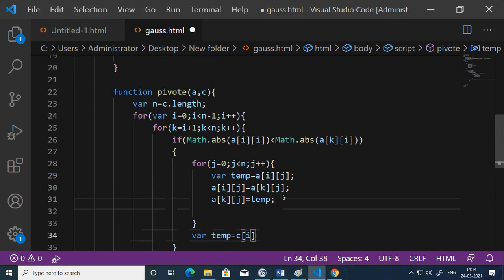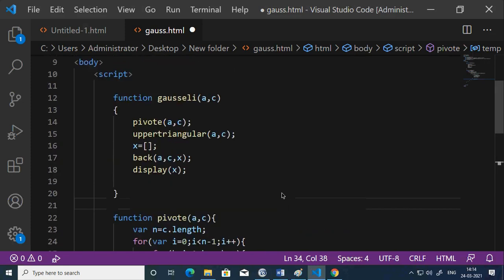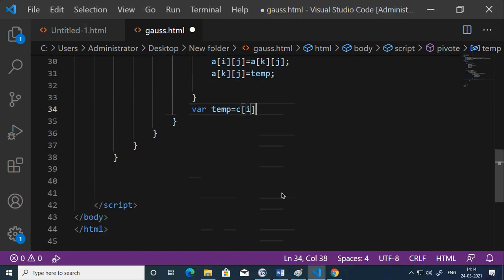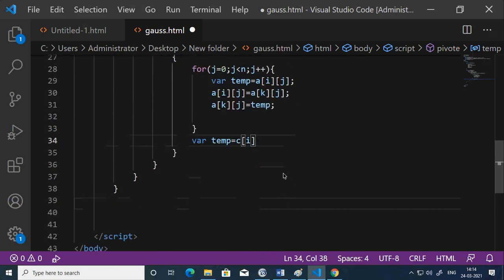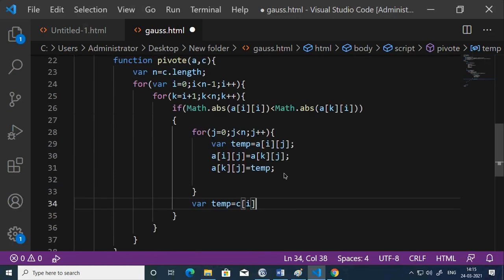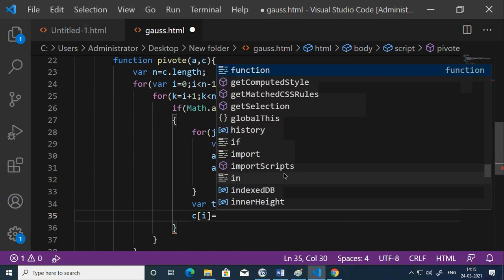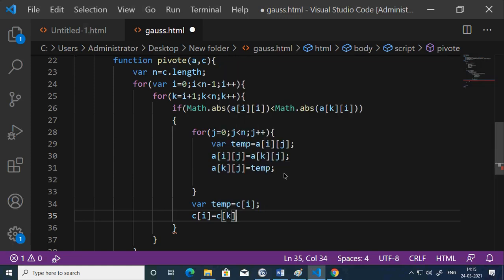Then C i equal to C k, because k is my operating row which I am comparing, so the first element of the constant matrix has to be replaced with C k.